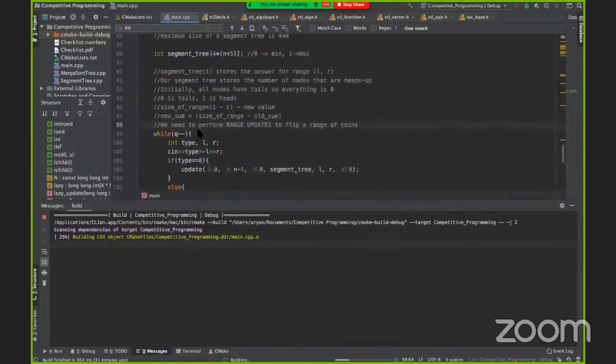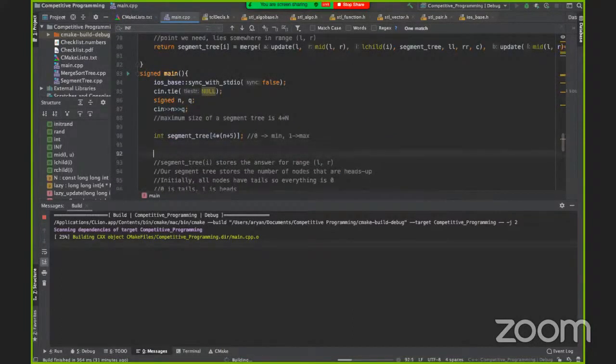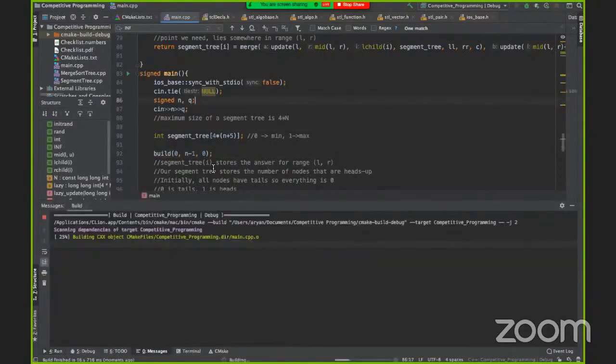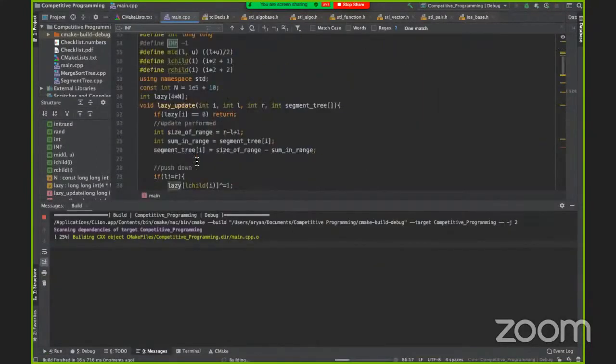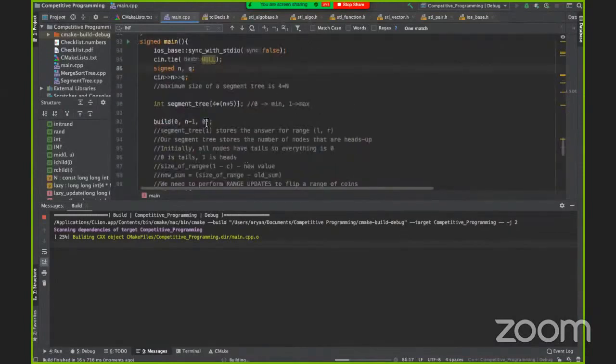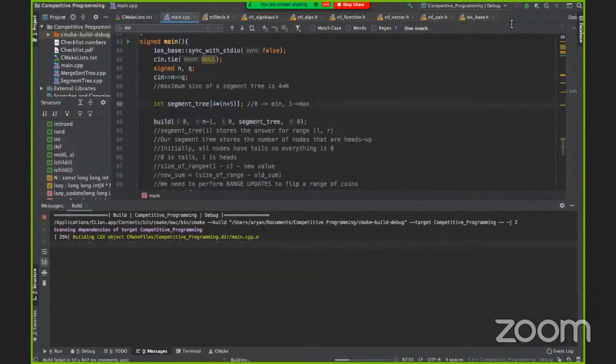Oh, we forgot to build a segment tree. So I'll do that. Build 0, n minus 1, 0. This should be it, right? Yeah. 0, n minus 1, 0, segment tree and some random C. Okay, this should be valid.